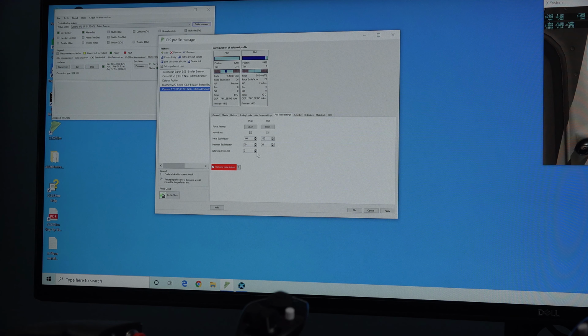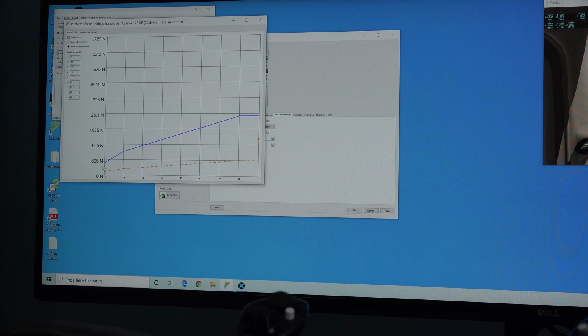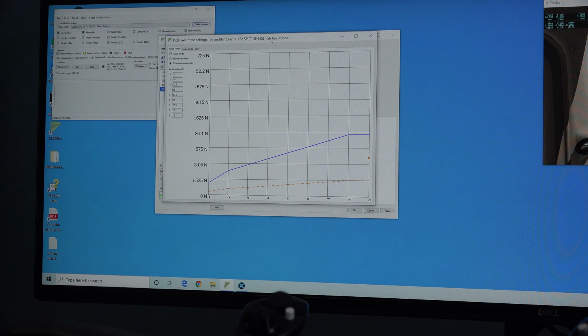But then, of course, the amount of force feedback that you're going to feel. The move back forces, it looks like, as well. Yeah, and then you have a curve here, which you can change as well. So it looks like here you could probably make the forces increase even more